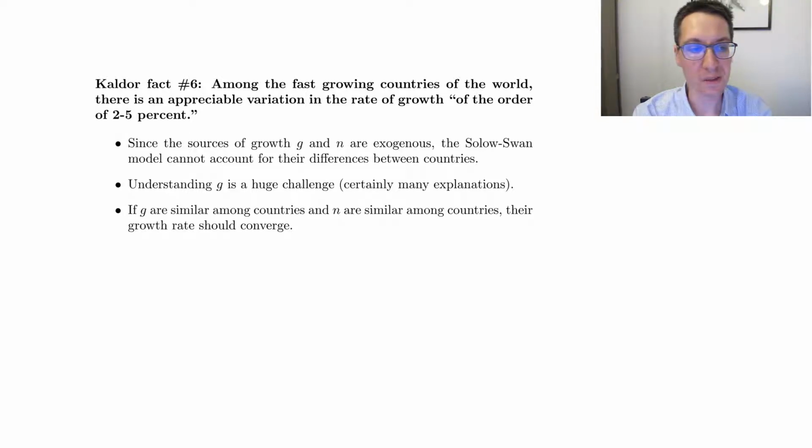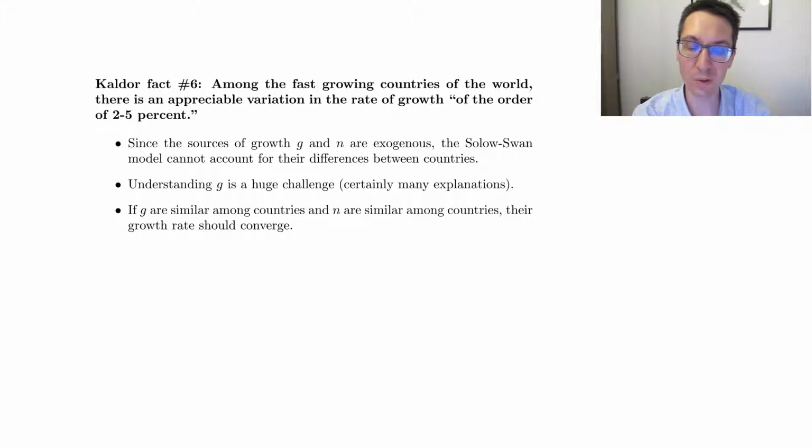Let's now finish by considering the last Kaldor fact. Among the fast-growing countries of the world, there's an appreciable variation in the rate of growth, of the order of 2 to 5%. So this is the first half of the 20th century. However, we've seen that still today there are wide discrepancies between growth of GDP and growth of GDP per capita